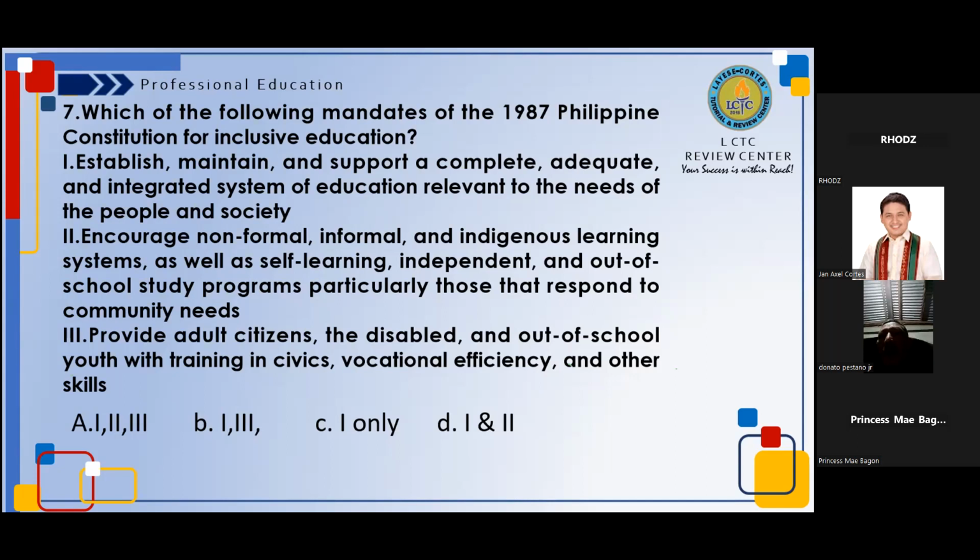One, establish, maintain, and support a complete system of school study programs, particularly those that respond to community needs. And number 3, provide adult citizens, the disabled, and out-of-school youth with training in civics, vocational efficiency, and other skills. A, all of the 3. Letter B, 1 and 3. Letter C, 1 only. Letter D, 1 and 2. What do you think is the correct answer? Which of the following mandates under the 1987 Philippine Constitution is for inclusive education? The answer is letter